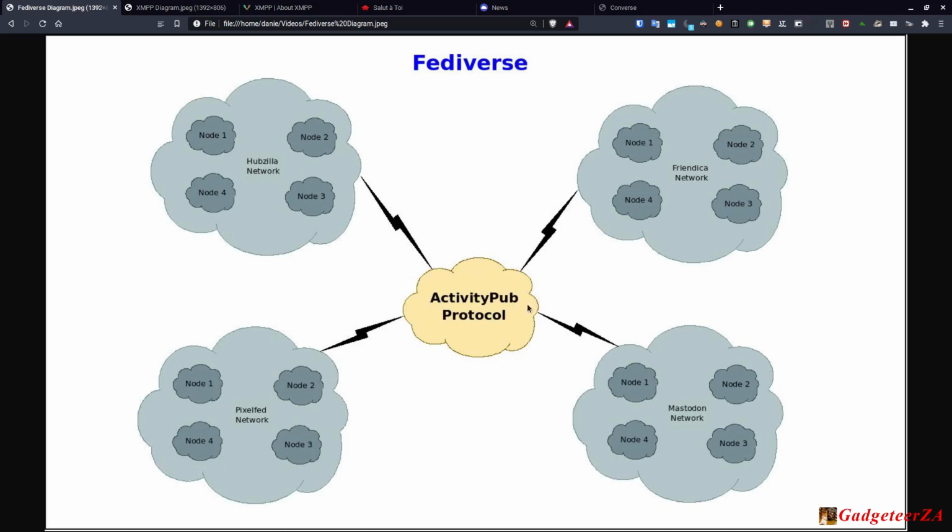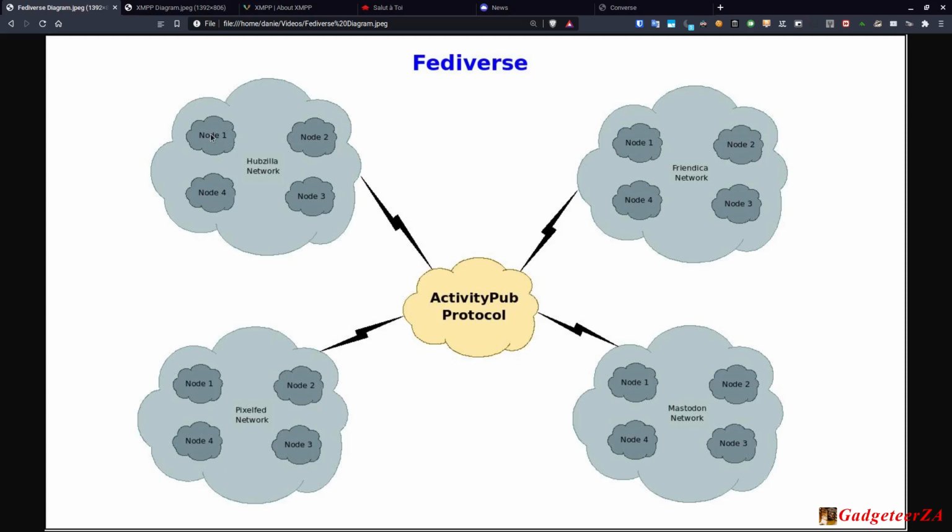is it's based around the ActivityPub protocol. So it uses this protocol to communicate back and forth. It's also a decentralized, client-server type network. So your individual clients are not talking directly to each other. You are connecting into a network and a particular node where you belong. I could be on Hubzilla and belong to this particular Hubzilla node. Then when I log in, whatever I'm using to log in, I'll be logging into that